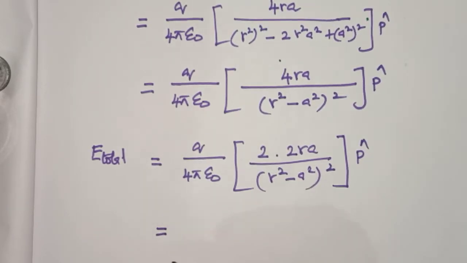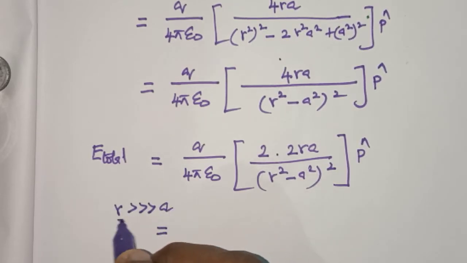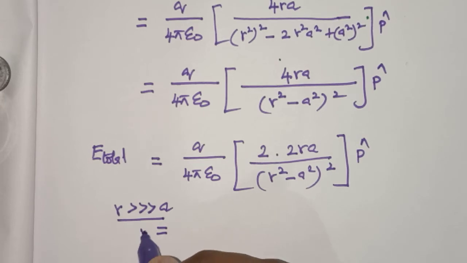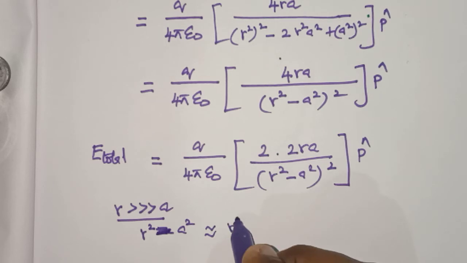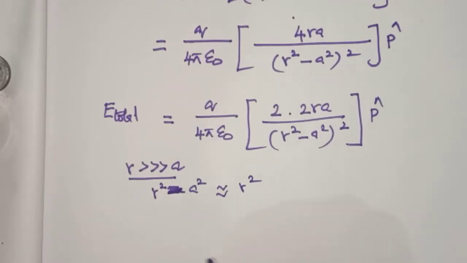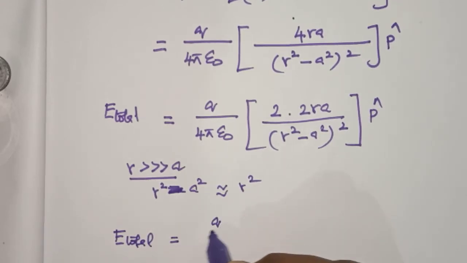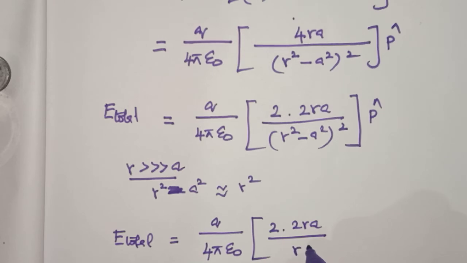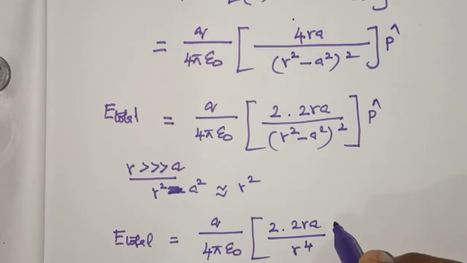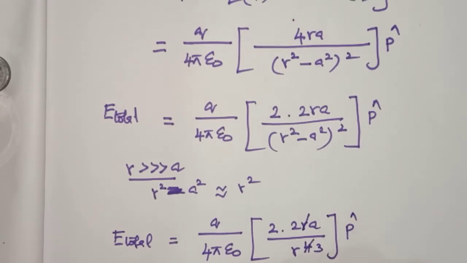Okay, suppose the distance r is very much greater than a, so r square minus a square is approximately equal to r square. So we can write E total equal to q by 4 pi epsilon naught, 2 into 2RA divided by r power 4 into p cap. So here one r is cancelled, so remaining is